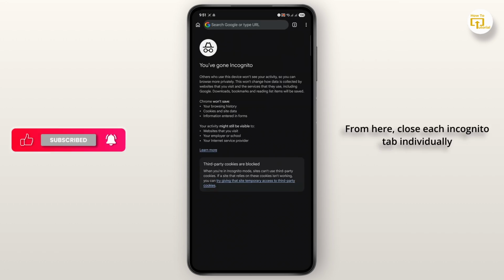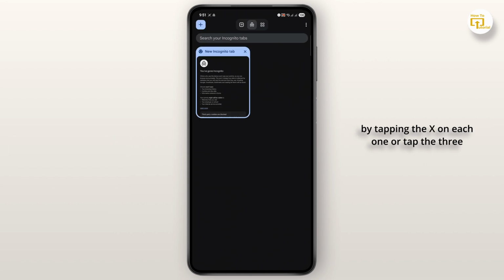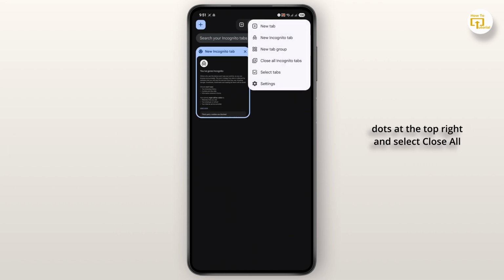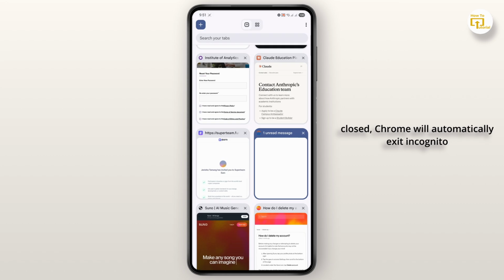From here, close each incognito tab individually by tapping the X on each one, or tap the three dots at the top right and select Close All Incognito Tabs to remove them all at once. Following this, once all incognito tabs are closed, Chrome will automatically exit incognito mode and take you back to your